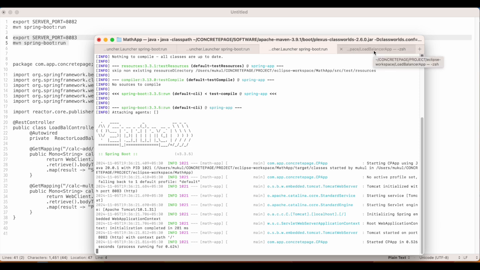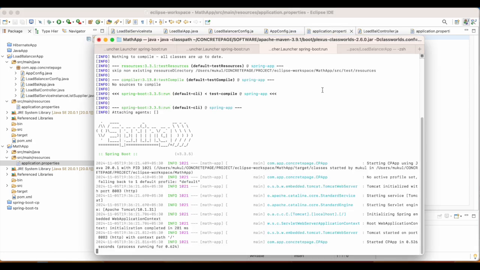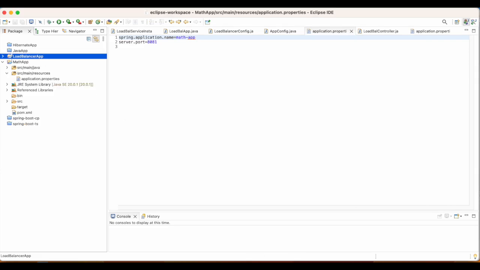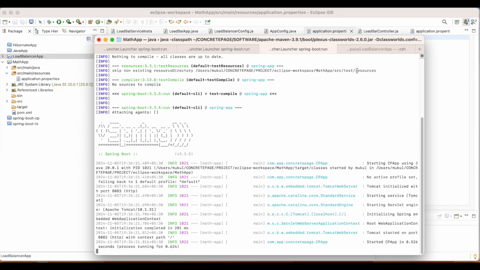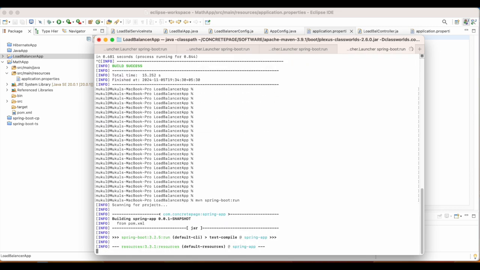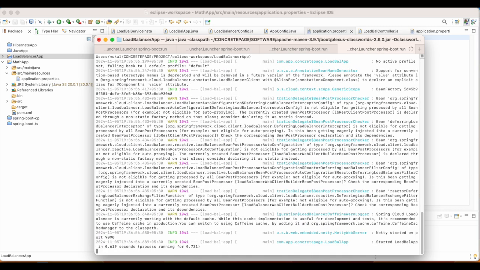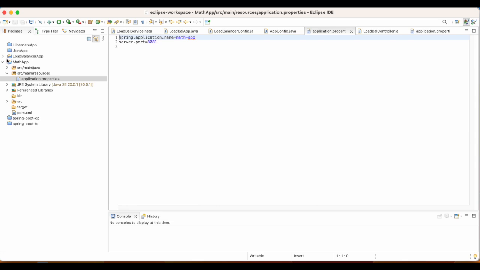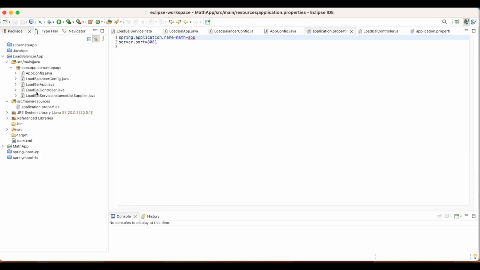Now let's start the load balancer app application. This application will start on 9090 because we have configured it in the property file.